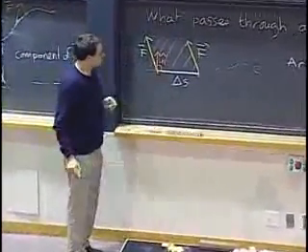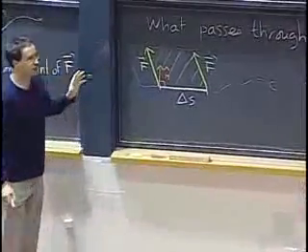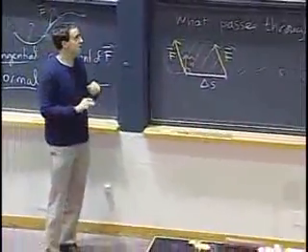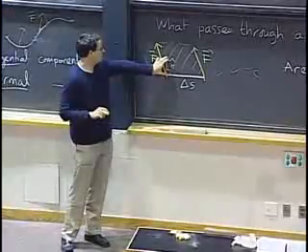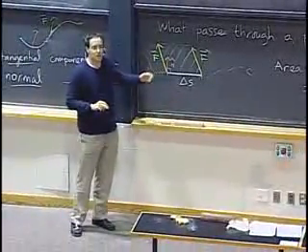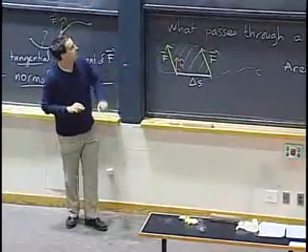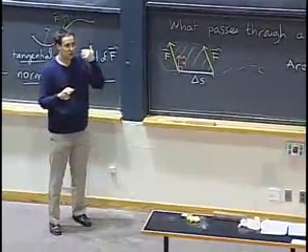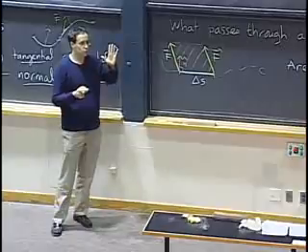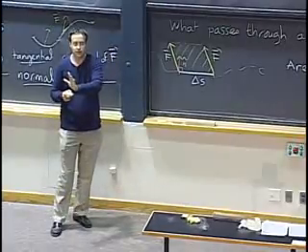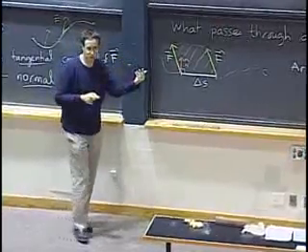Okay, let's be a tiny bit more careful. When I say it's the amount of stuff that passes through C, it depends on whether n is going this way or the opposite way. So what's implicit in this explanation is that I'm counting positively all the stuff that flows across C in the direction of n, and negatively what flows in the opposite direction.